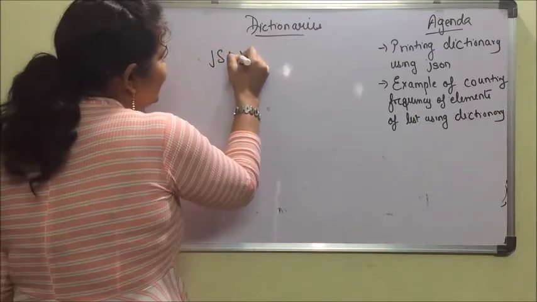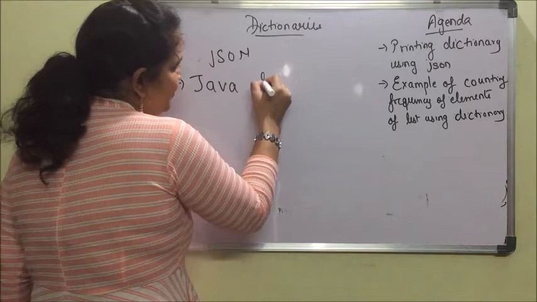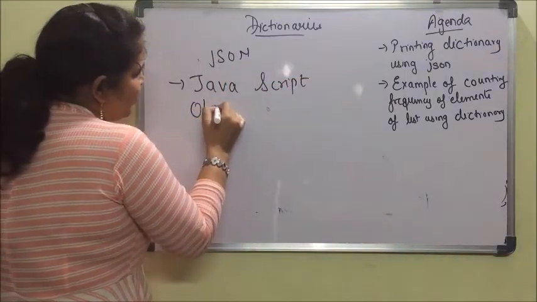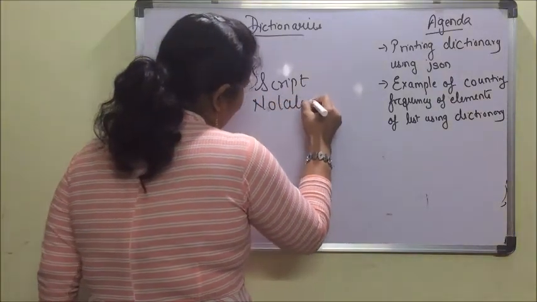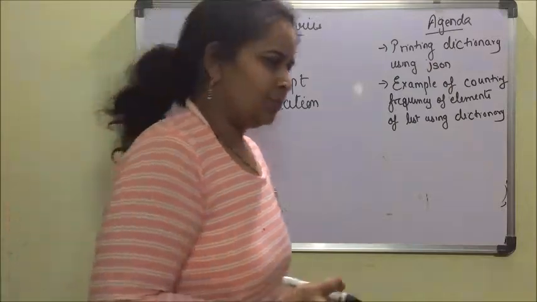Now JSON is basically, the full form is JavaScript Object Notation. It is a notation that is used to